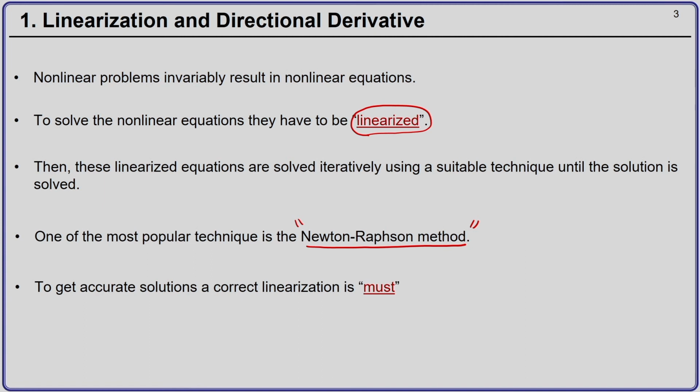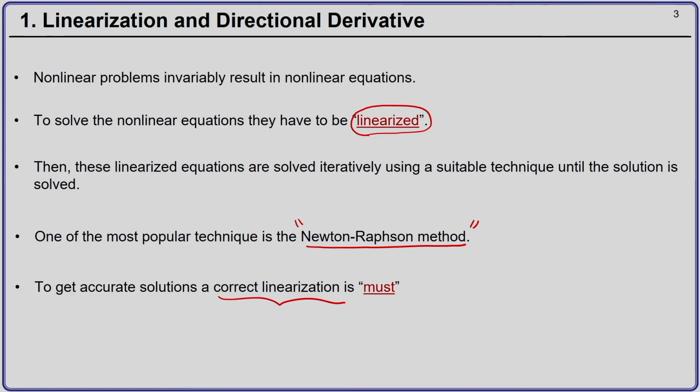Okay. So, to get the accurate solution for your system of nonlinear equations, you have to have a very correct linearization. So, correct linearization is a must for getting accurate solutions. What it means is, if you do not linearize properly, it might happen that you might get a solution, but it will take much longer to get the solution. Longer means in terms of the computational time, or in the worst case you will not get any solution at all. So, it is very essential that a correct linearization is carried out for the Newton-Raphson method to work nicely.